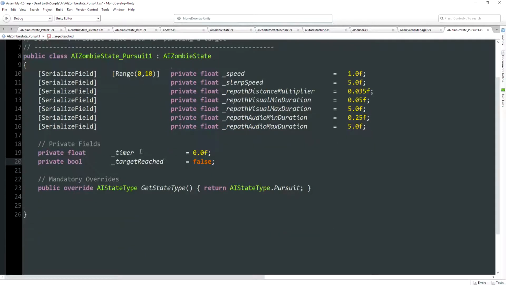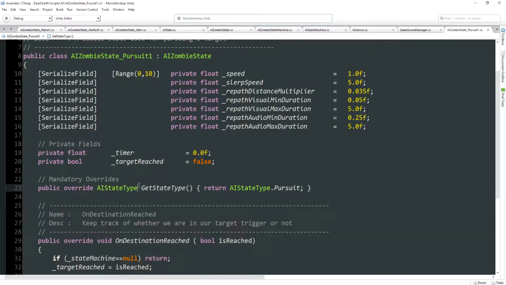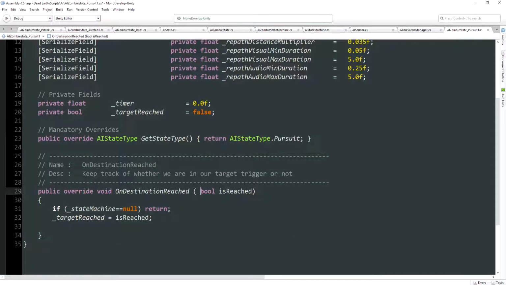And like I said just now, we're also going to want to keep track of when we've arrived at our target, so we will also override that function from the base class, on destination reached. Just to remind you, this is called by our parent state machine whenever we enter our target trigger, and it's passed a boolean whether we've arrived at the target or not. And we simply set this boolean to our target reached variable